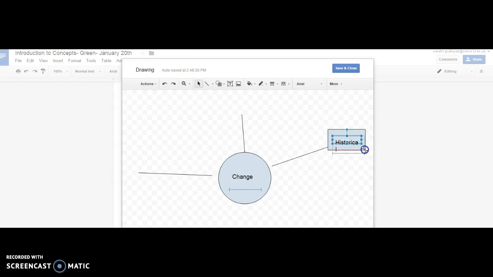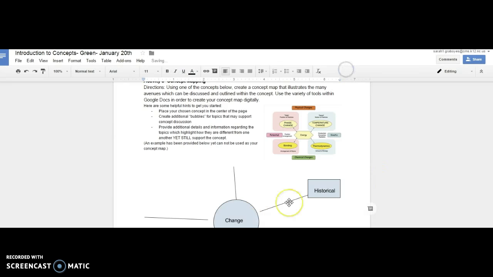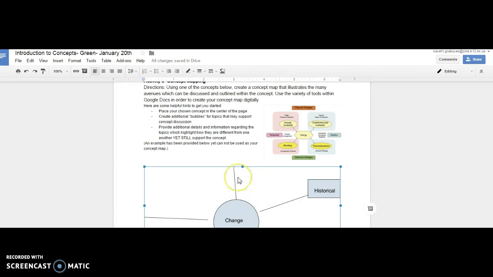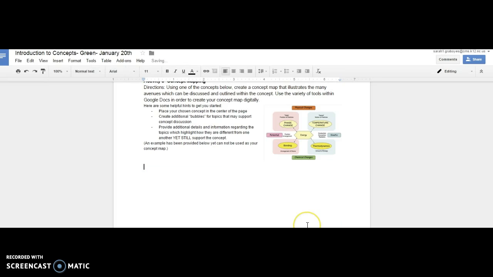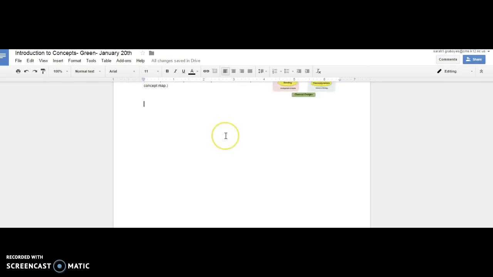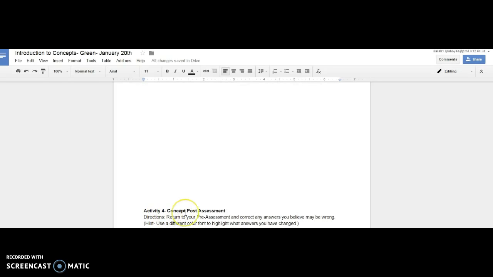You can play with this document as much as you need. Once you're fully done, you have all of your concept, topics, and details listed. You're going to hit Save and Close, and it will embed itself right here on the document. If you delete this whole material, you'll have to start completely over, so be mindful of when you hit Save and Close. After you complete your concept mapping, you're going to return to your concept pre-assessment to complete the post-assessment,